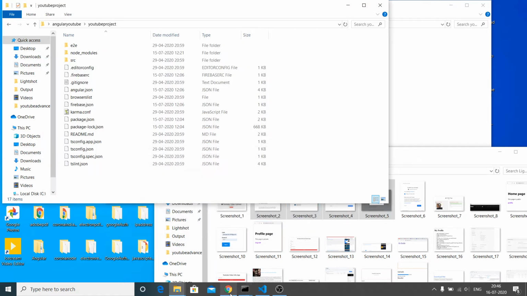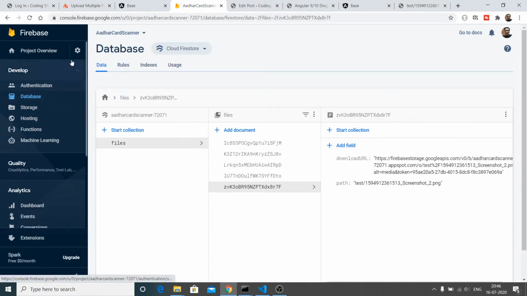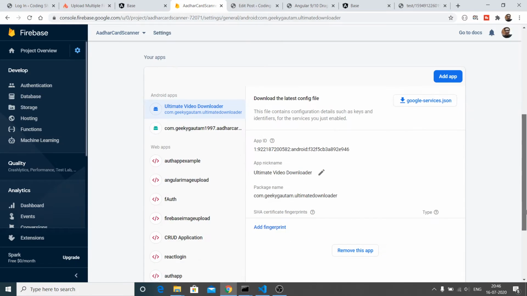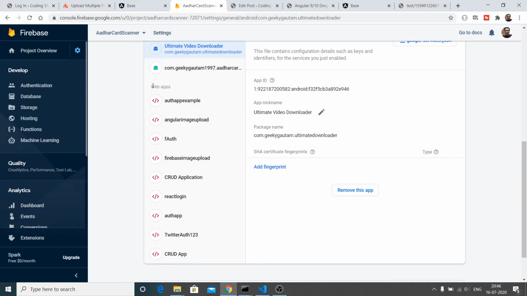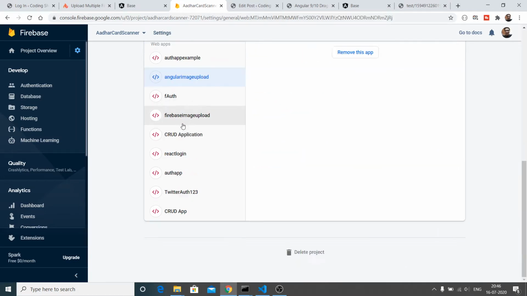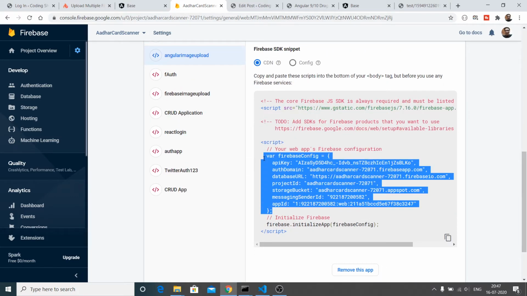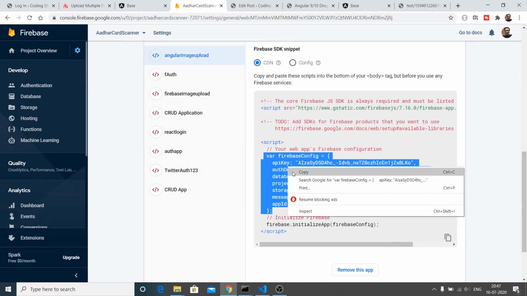After installing it, you also need to get some credentials from Firebase console. So go to your project settings after creating your account. So here inside this, just create a web app. I have already created it. So select this, and now you will get these options here. You need to copy paste these options here.